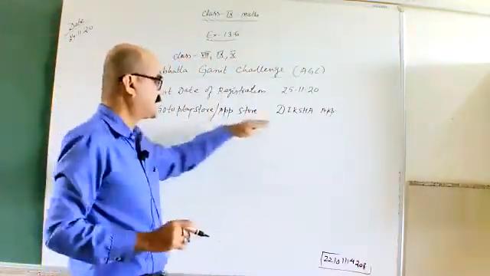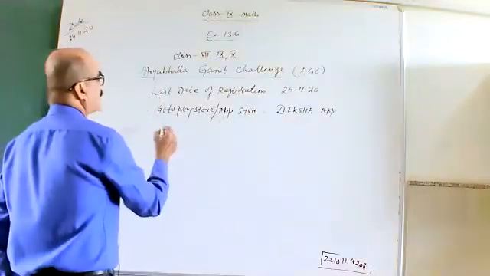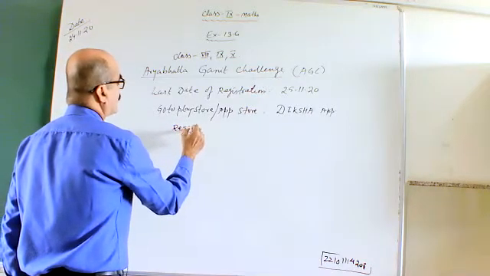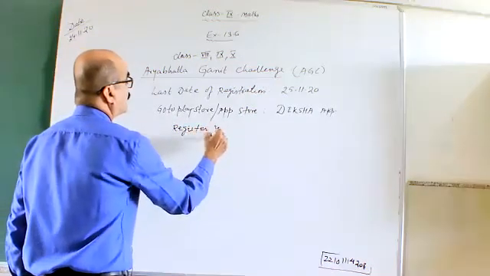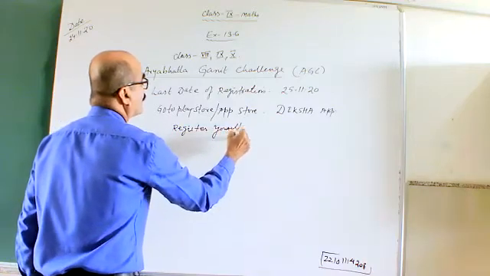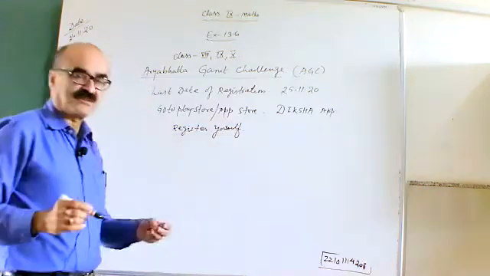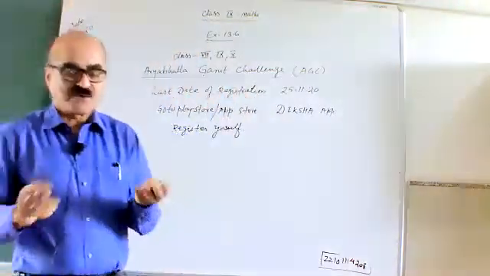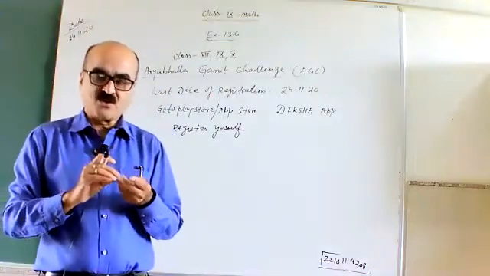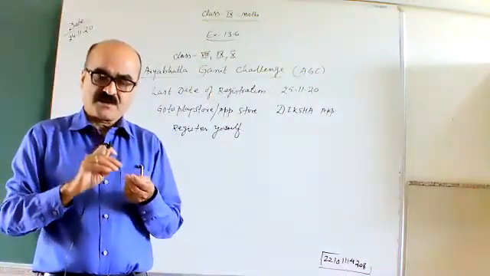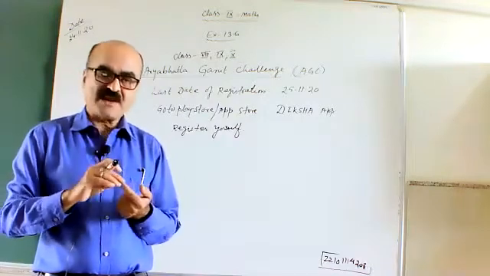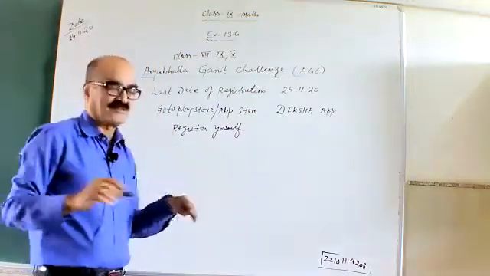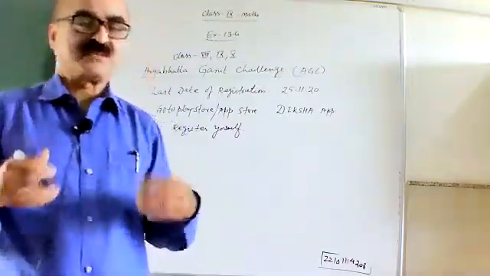After downloading the Diksha app, what you have to do? You have to register yourself. How to register? There is a registration process given there. You have to write your name, your school name, location, your email ID, and your class. You have to write all the things. जो भी वो पूछेगा, आप just fill it out.